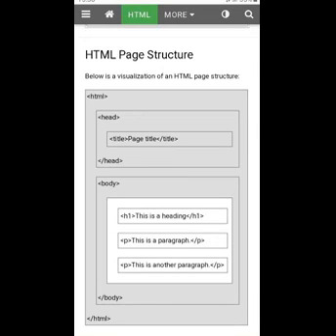This is the HTML page structure. If we want to write any program in HTML, we follow this structure. First the HTML tag, next the head tag, next the title tag. To write the title for the page, we give it between title and /title. Next the closing tag of head. Next the body tag, where we give the information or paragraph. We write the paragraph between the body tag and the closing body tag, and then the closing tag of HTML. This is one of the formats to write an HTML program.